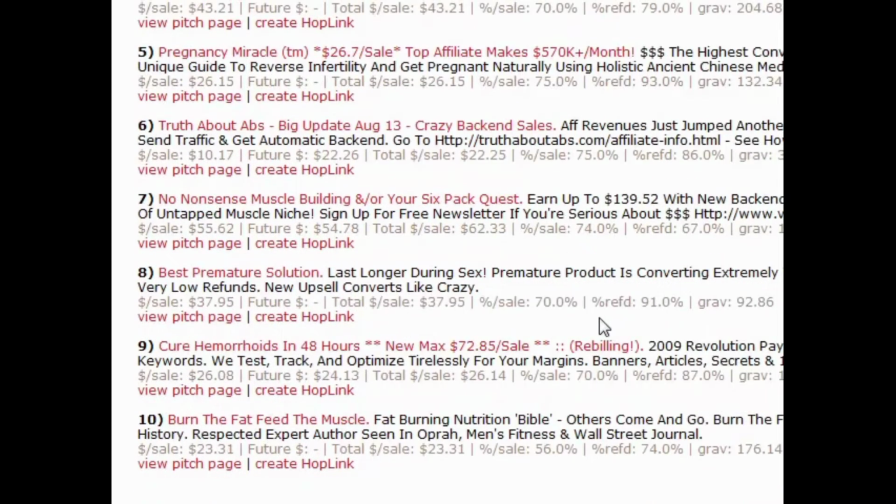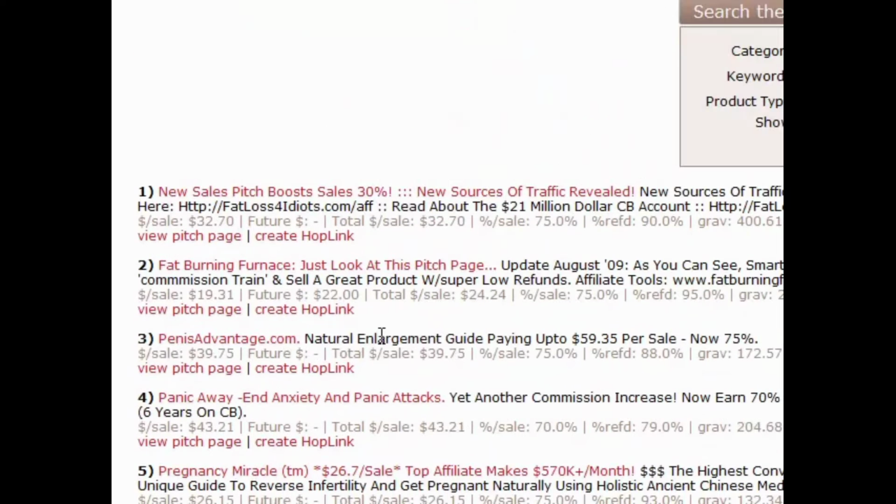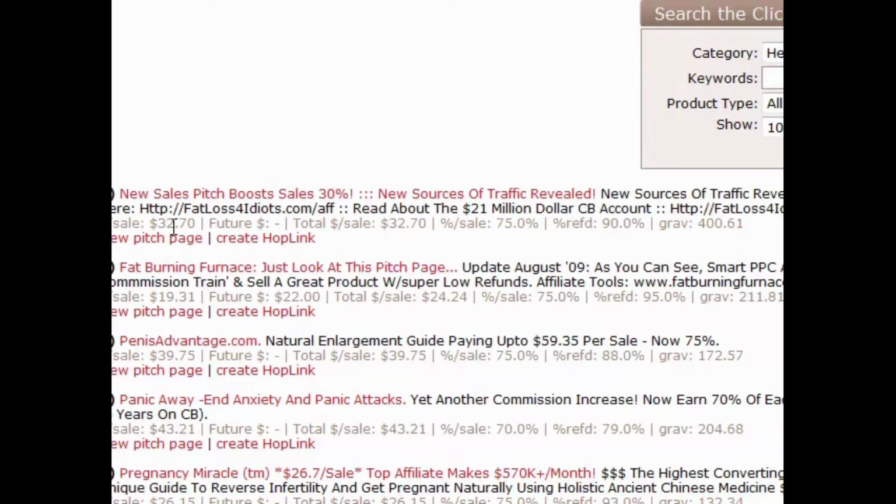So, there's always good ones here. Burn the fat, feed the muscle, very common ones. But typically what I like to look at is a couple of the numbers. I want to concern myself with the amount of money I'm going to make. So, for example, fat loss for idiots,